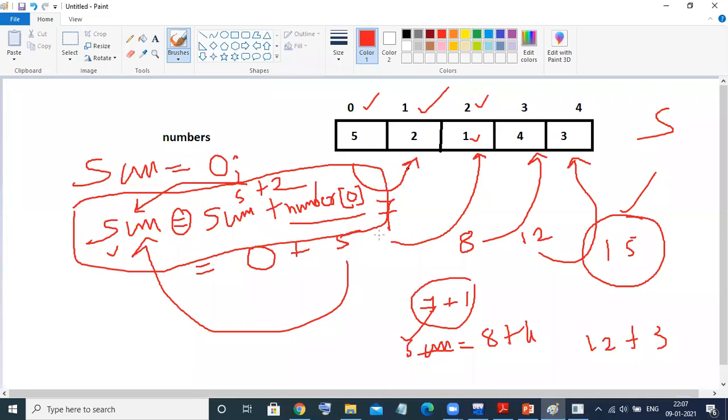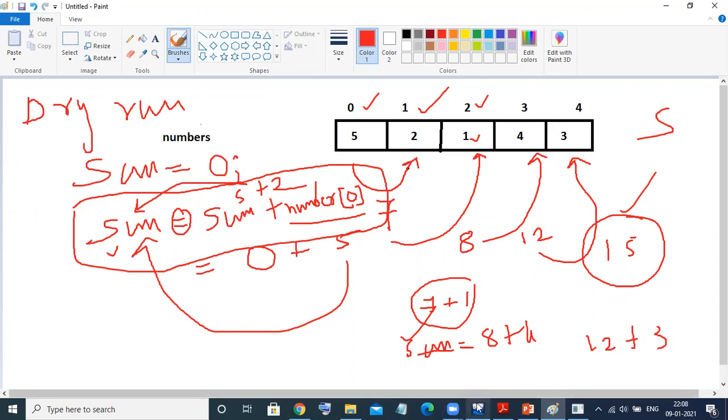This is called a dry run. Every programmer should do a dry run of the program. Dry run means, without taking any help from the computer, you are running it with your mind only, so that your logic will become stronger. This is my advice to everyone: for every program you should do this before writing code. I've shown you the dry run here. Yes or no? This is called what? Dry run. Don't go by my writing because I'm writing using a mouse. Okay, it's a dry run, right? It's a good practice to improve the logic.